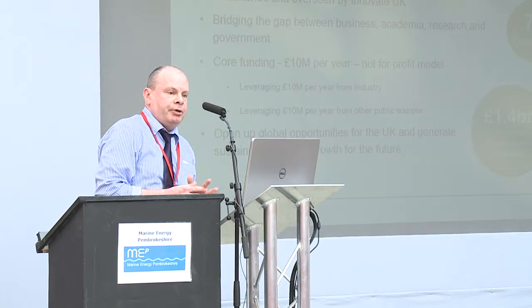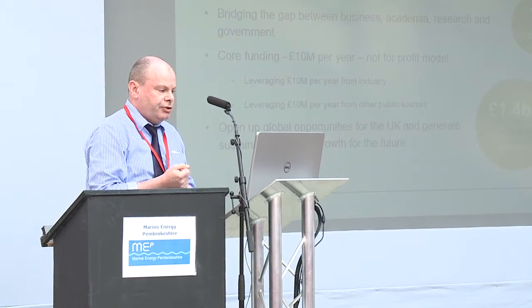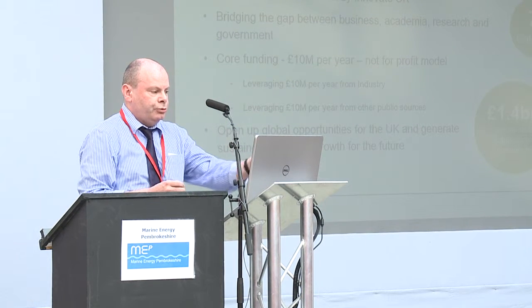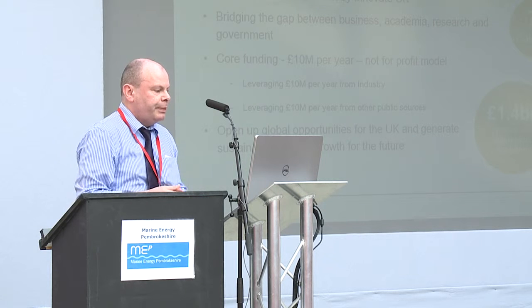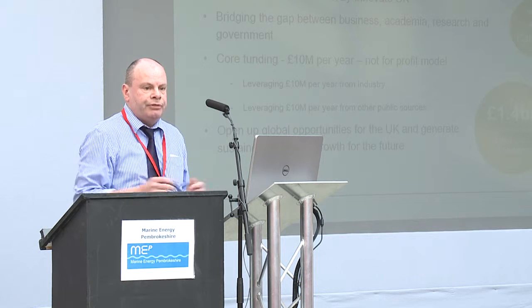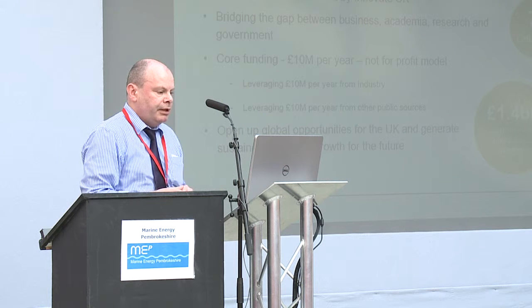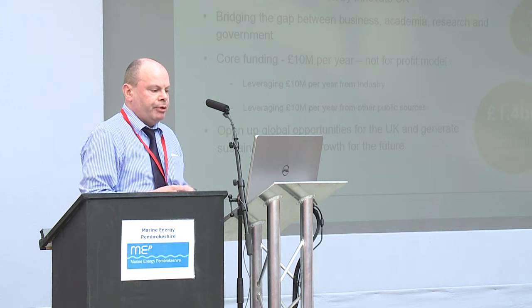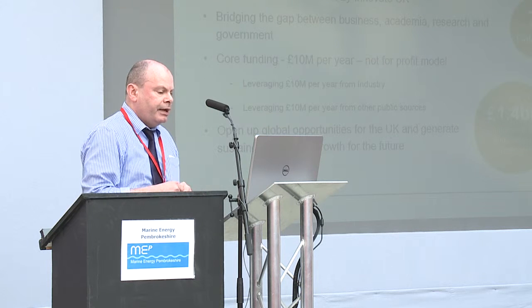There are 7 catapults operating at the moment. Cell Therapy Catapult, Connected Digital Economy Catapult, that's actually an old slide. They've rebranded themselves as just Digital Catapult. Future Cities Catapult, High Value Manufacturing Catapult, the oldest of the lot, made up of 7 existing technical centres around various universities. There's ourselves Offshore Renewable Energy Catapult, Satellite Applications Catapult, Transport Systems Catapult, and we were all set up